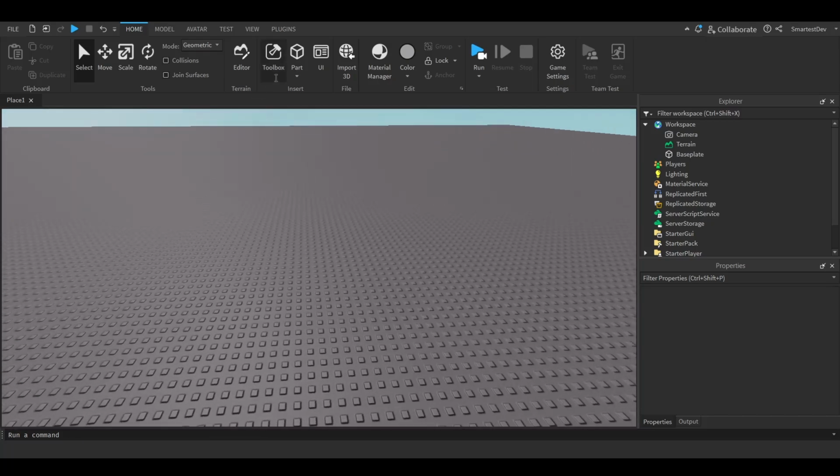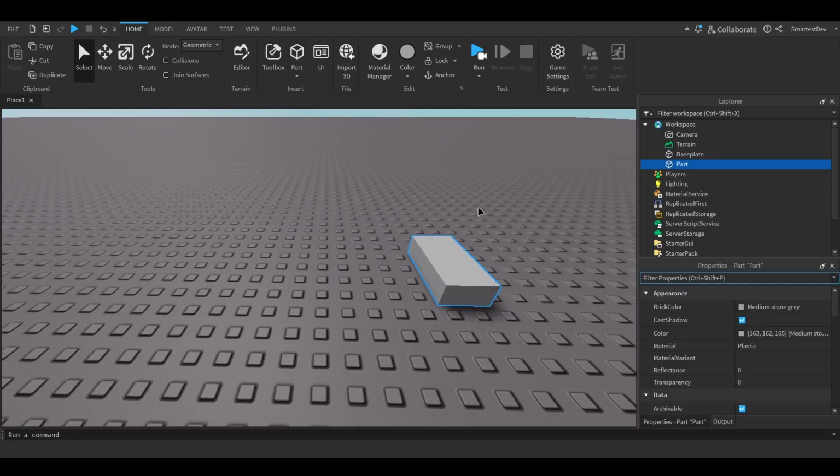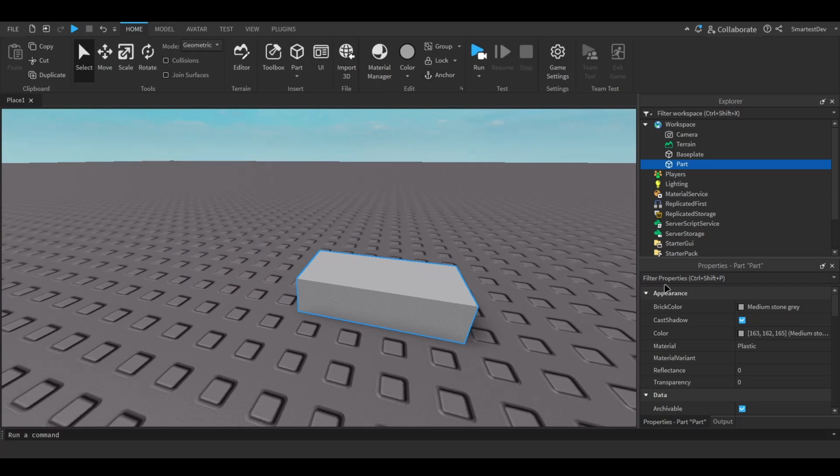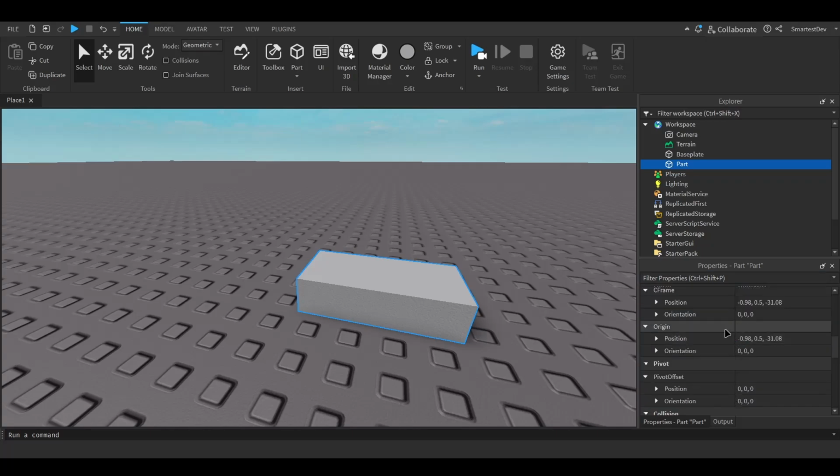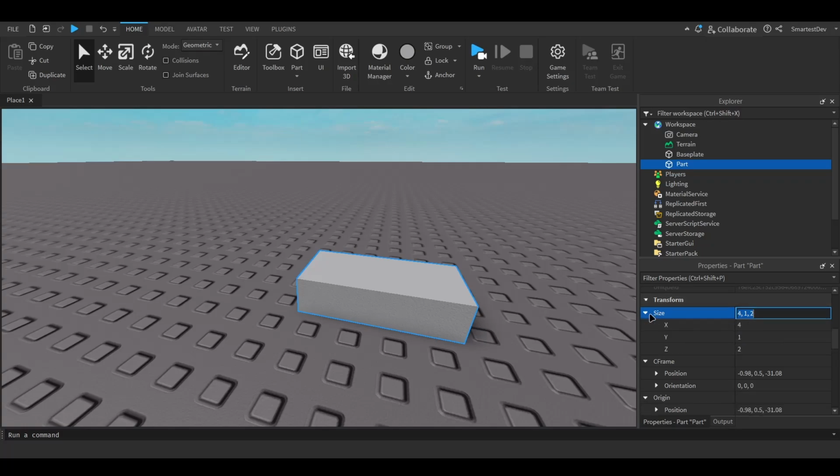So I will also add a part, okay, and this Vector3 value is present mostly in two properties, maybe in another one, but mostly it's present in the size and the position. Now we will be working with the size for now. So a Vector3 value is composed of three numeric values called x, y, and z. Each of these values corresponds to a specific dimension. This Vector3 value is 3D, that's why it has 3 dimensions, and for example, if you just gave it a 1 in each dimension,